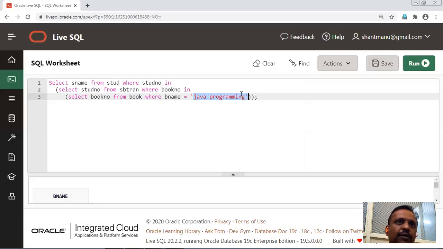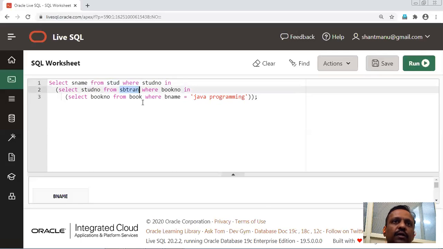Similarly here, student is one entity, book is another entity, and SBTran is the relation between both. So whatever simplification you require for a particular question, you can get from that.